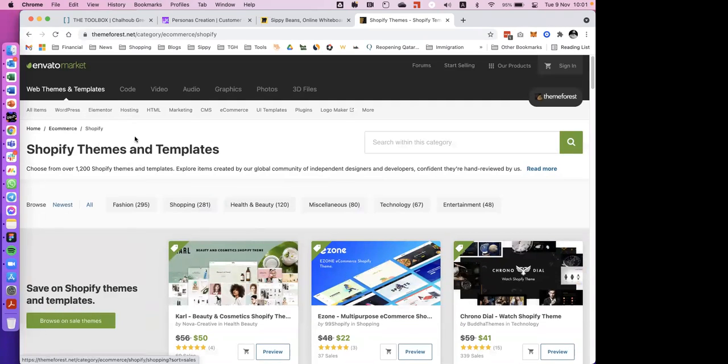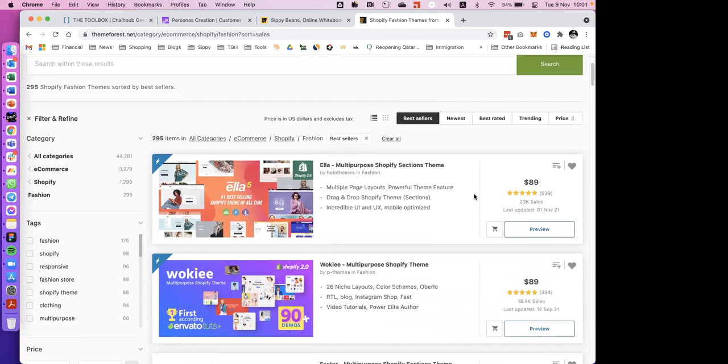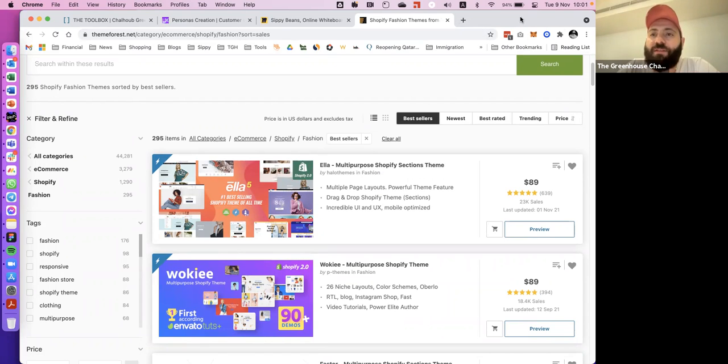Can we also use ThemeForest for just one page? Because, for example, I have my press page on my Shopify, and I constantly update it. Whenever I have new press, I add an image. But then adding an image is super difficult, and it messes up the whole page if I add an extra image. So okay, if you want to just look at one page and you don't want to use an external developer,